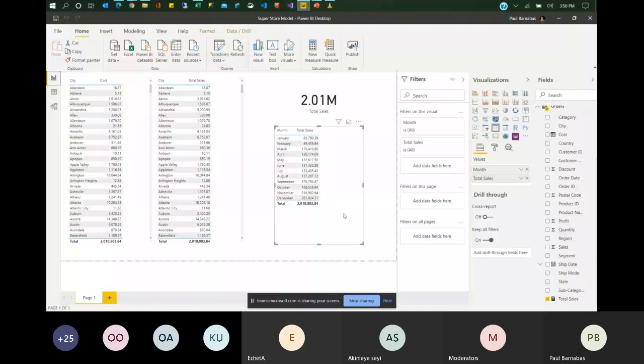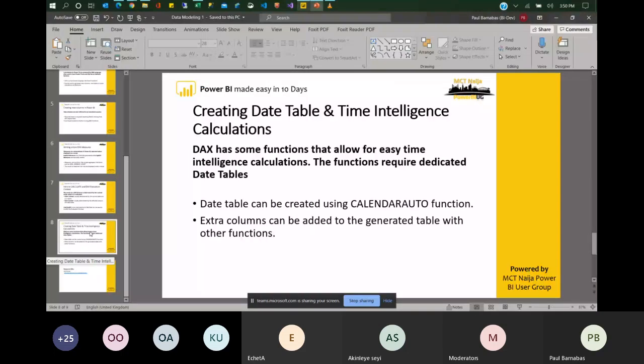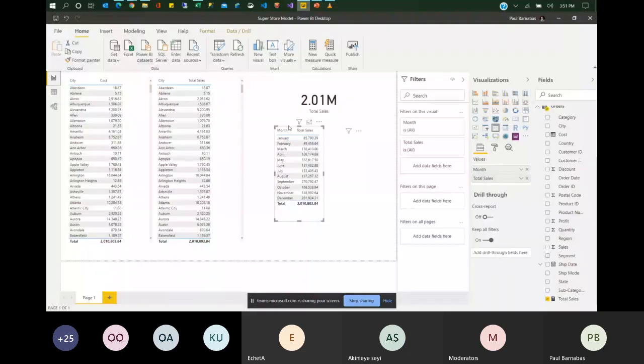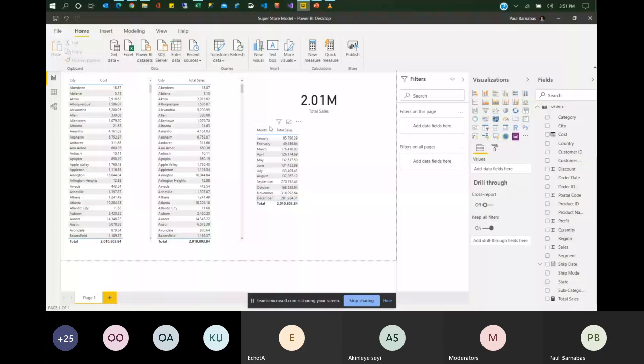So another thing we can do is, our time is fast spent. I would have loved to create a few more measures, but what I will try to do is show you guys what we call quick measures. So I think we have a slide on that. So what are quick measures? Quick measures are some pre-created DAX functions that Power BI has made available for us. So we can easily invoke those measures, and then it looks through our data set and computes the information for us.